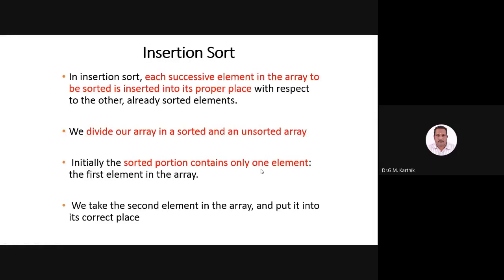So what is insertion sorting is, we will try to find the successive elements. That is, we will try to find the position for the successive elements in a sorted place. Okay, so your array will be divided into two parts. That is, one is a sorted array and another one will be an unsorted array. Initially, you will take the first position as a sorted position. From the second position, you will try to find the sorted position in the left end of the array.